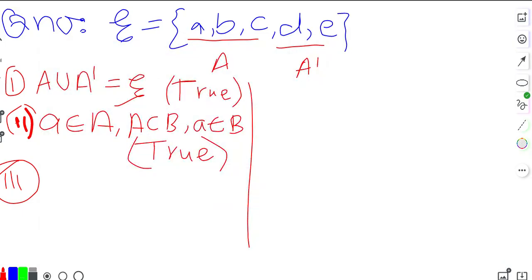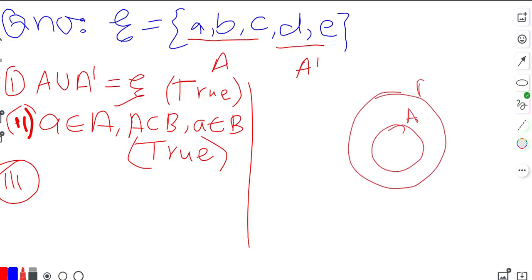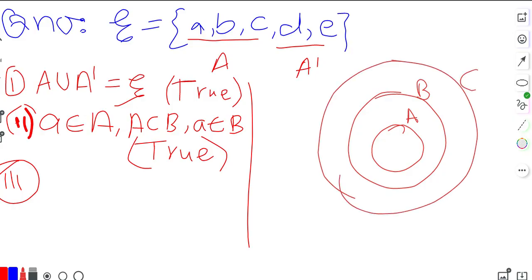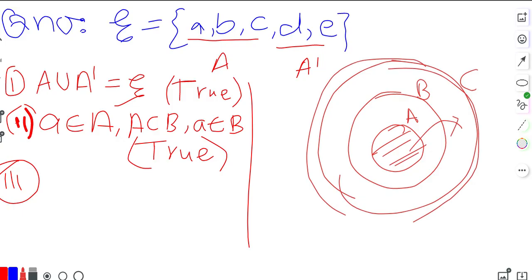Let's suppose this is the diagram. This is set A. Set A is a subset of set B and set B is a subset of set C. You will observe that set A is also a subset of set C, because set C can be considered as a home. This is considered as a hall containing the kitchen, so that means this kitchen is also part of the house. So the third statement is also true.